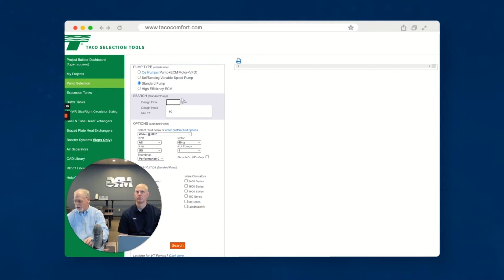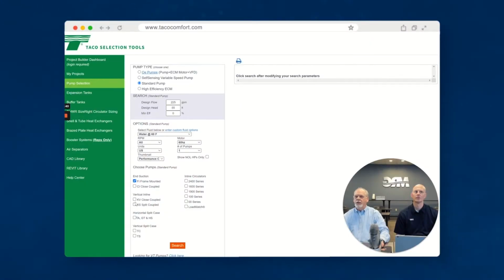Another pump I was looking at was one where we have 225 GPM. Okay. And we're going to increase our head on this to 55. That's going to be more of a system pump that we'd be using, because I want to select an FI pump, which is a base-mounted end suction pump. We'll also look at a KV pump, which is our inline close couple pump, and we'll select here and see